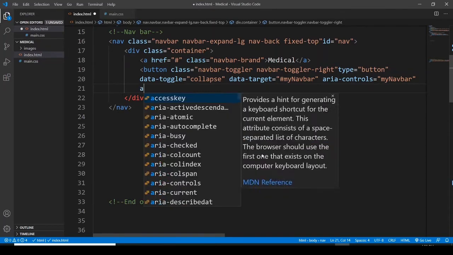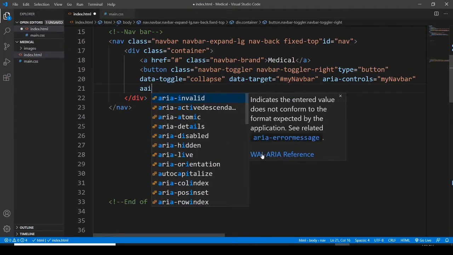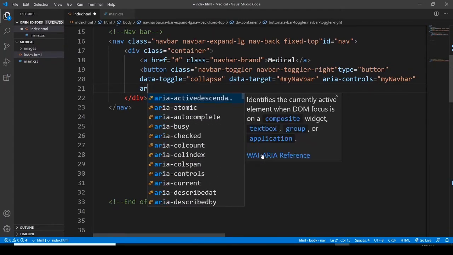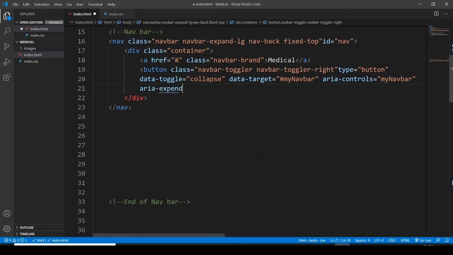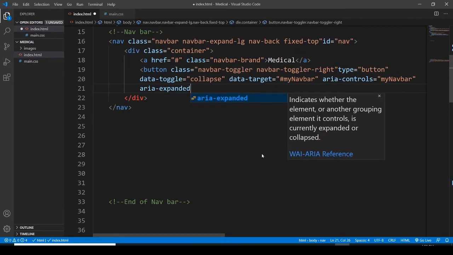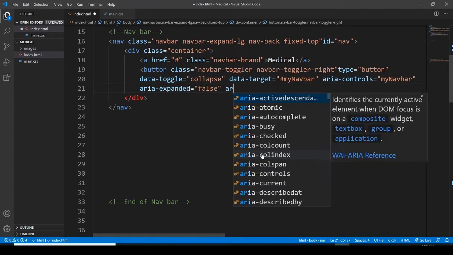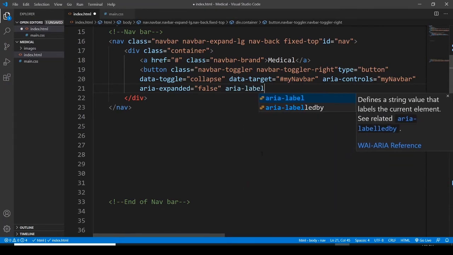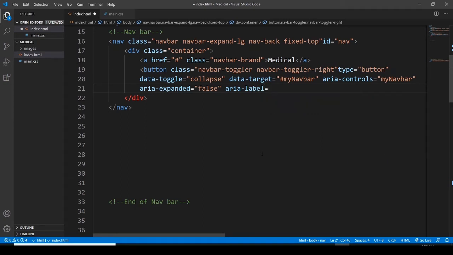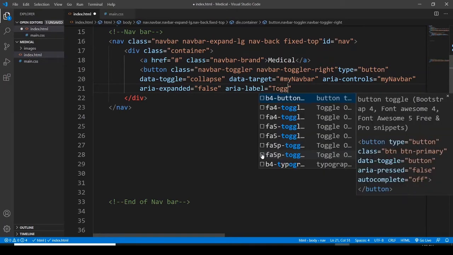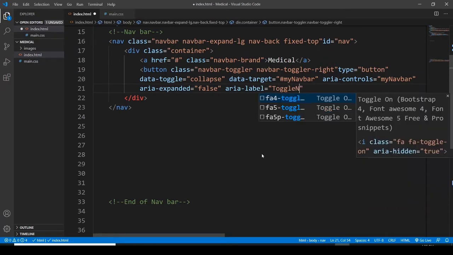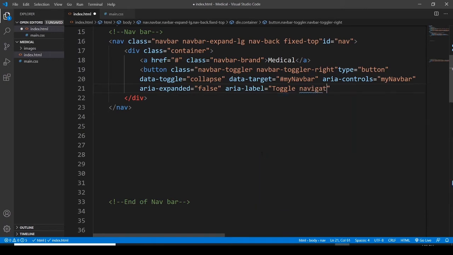Then I want to say ARIA expanded. ARIA expanded is going to be false, and then aria-label, this would be toggle navigation,